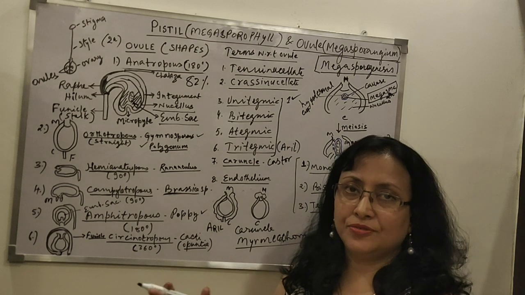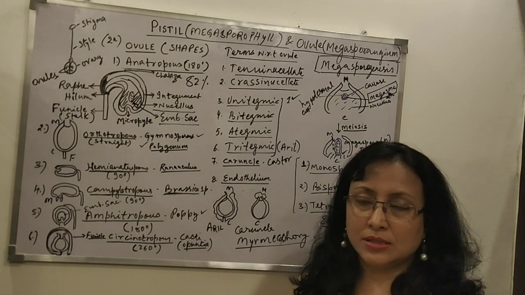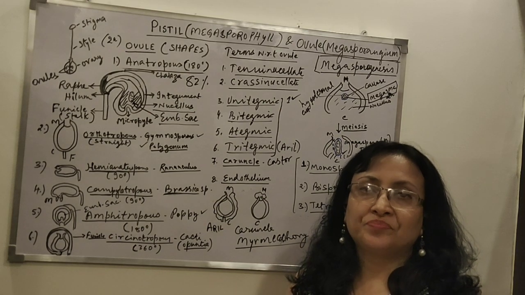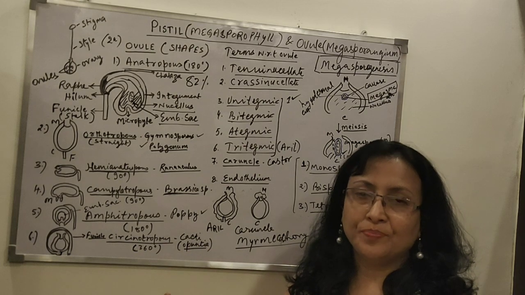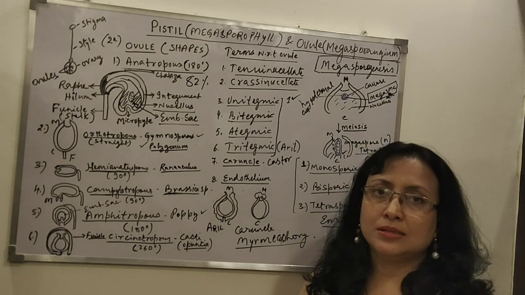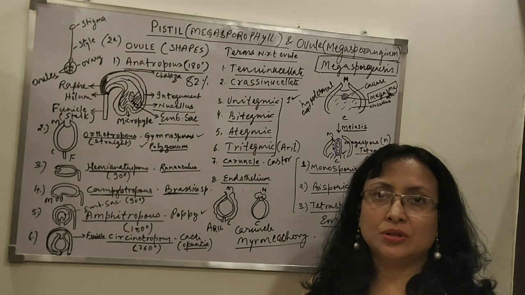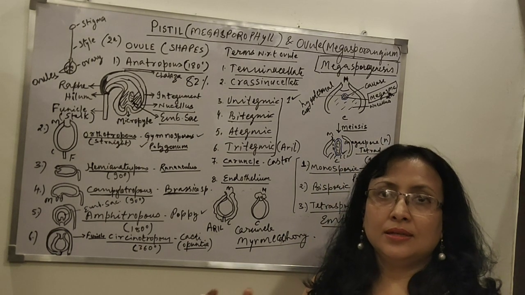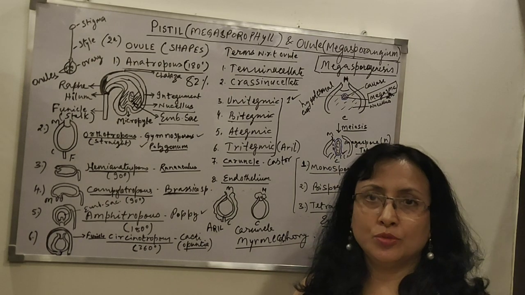All the embryo sacs are different. In case of tetrasporic, it can be plumbago, fritillaria, the different types which are there, but all these types are going to be different. So we don't go into these details as these are not mentioned in your NCERT, but at least you should have a thorough idea that yes, there are different kinds of embryo sac development. In angiosperms, it can be monosporic, bisporic or tetrasporic.